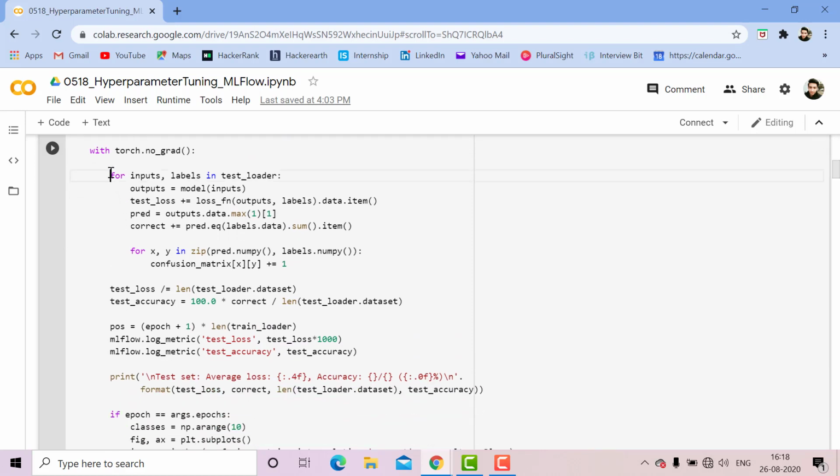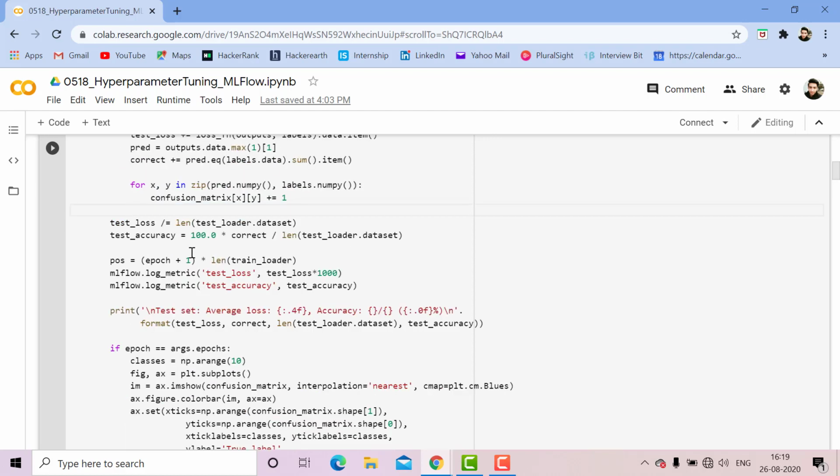Here there is a for loop which is for inputs, labels in test_loader. This loop will iterate and for x, y in zip function of predicted numpy function, labels numpy function. In this iteration confusion_matrix of x, y plus is equal to 1.